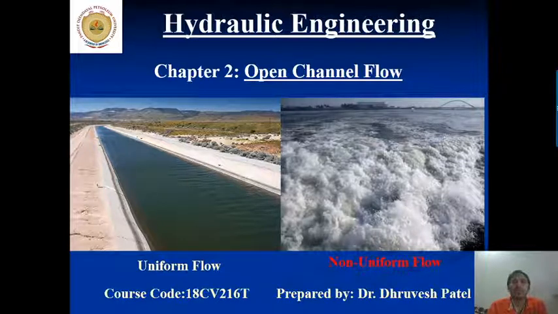So this we consider as the form of uniform flow. But today we are going to learn about the case where the depth of the flow and the velocity per cross section of the canal or channel are not uniform. How could we find out the maximum velocity, or discharge, or the depth of the water in the channel? At that time we refer to it as non-uniform flow.